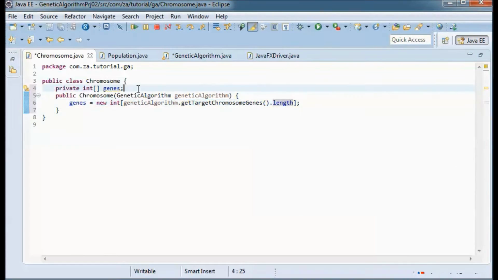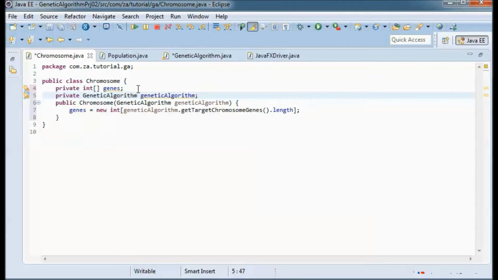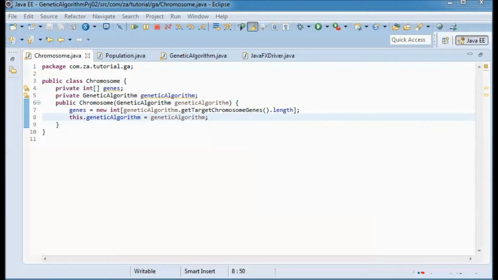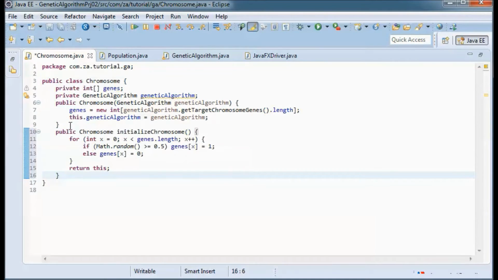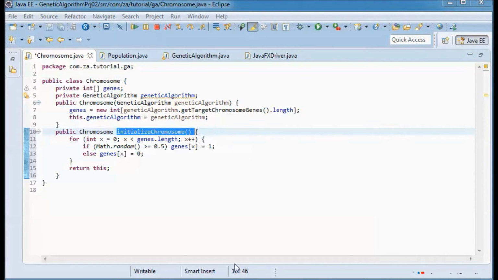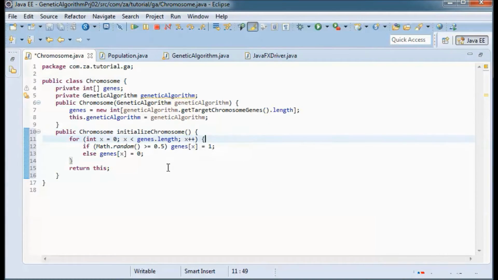And let me define this genetic algorithm, and I will be setting it here in the constructor. And let me define this initialize chromosome method that will initialize this chromosome with random genes.